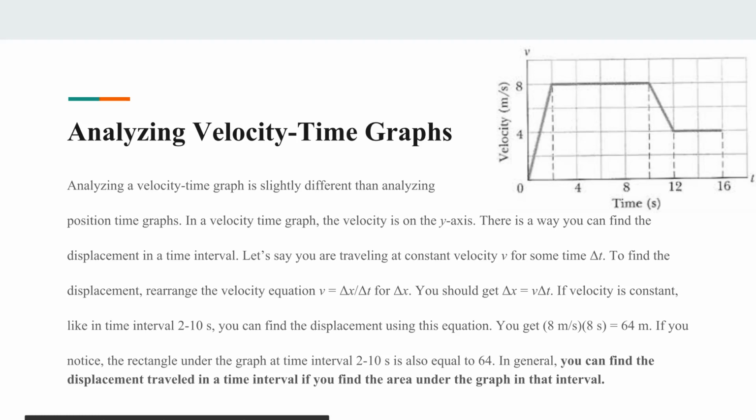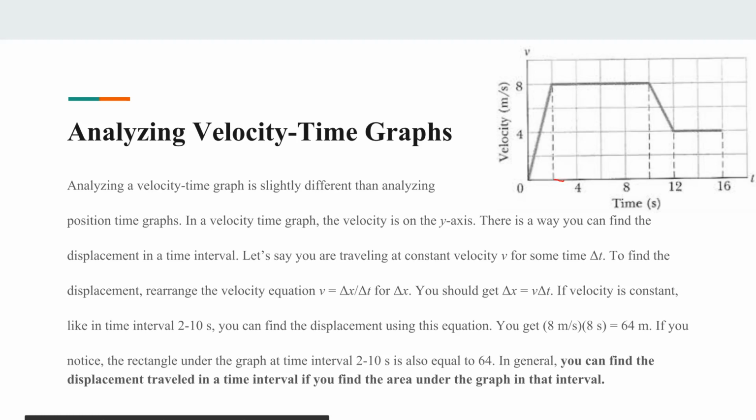So if velocity is constant, like in time interval 2 to 10 seconds, you can find the displacement using this equation. You get 8 meters per second times 8 seconds equals 64 meters. If you notice, the rectangle under the graph at time interval 2 to 10 seconds is also equal to 64. To get a sense of what that means,